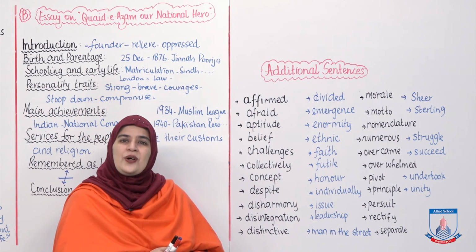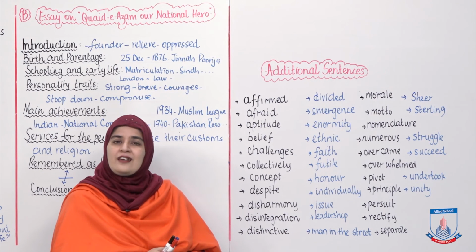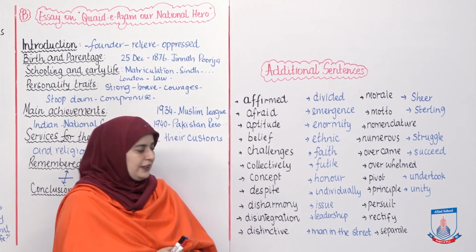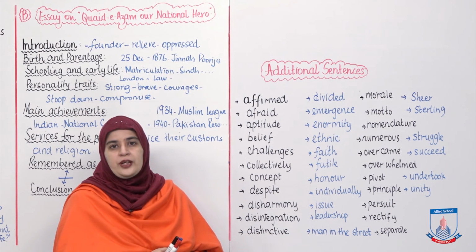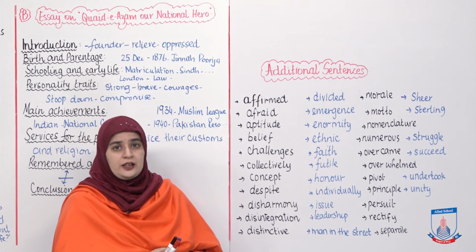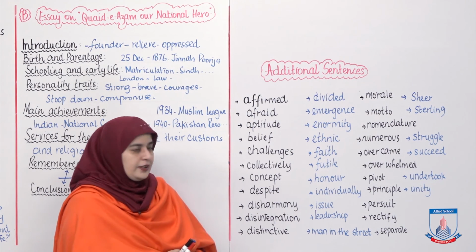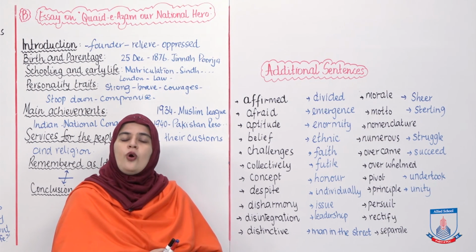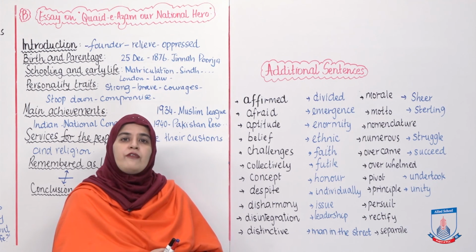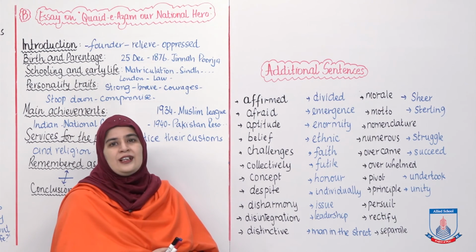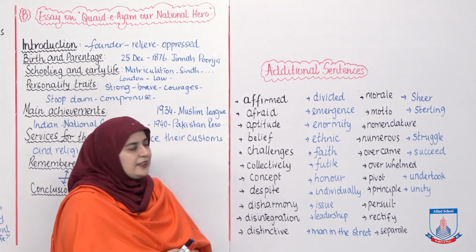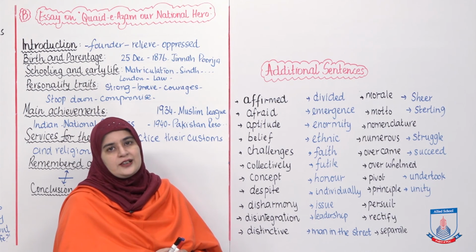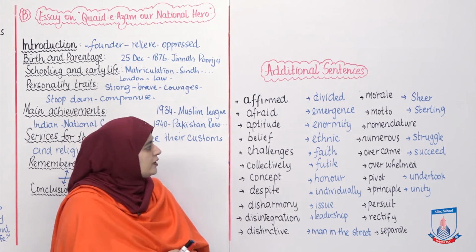Pursue: the police is in pursuit of the criminal and they are going to find him eventually. Rectify: kindly recheck your paper and rectify the mistakes that you have done in it. Separate: Muslims of the subcontinent wanted a separate homeland for them. Sheer: it was with sheer pleasure that I announced that I have won the competition. Sterling: he is a man of sterling qualities. Quaid Azam was a man of sterling qualities.